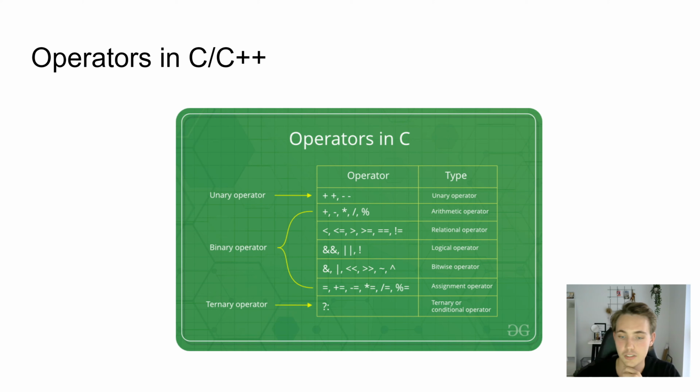And then we also have the logical operators, where we can say that if one condition is true and another condition is true, then it will only return true if both conditions are true. Or we can use the or operator, so only one of the conditions has to be true, or the not operator. And then also in C and C++, we have the bitwise operators,